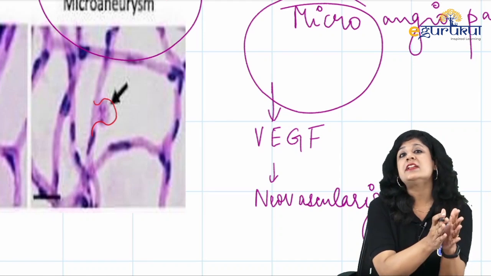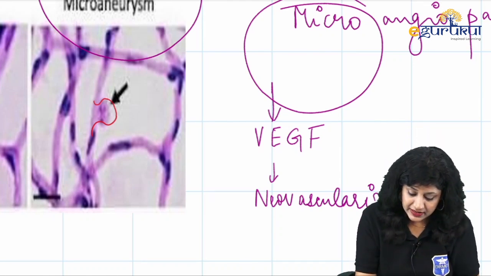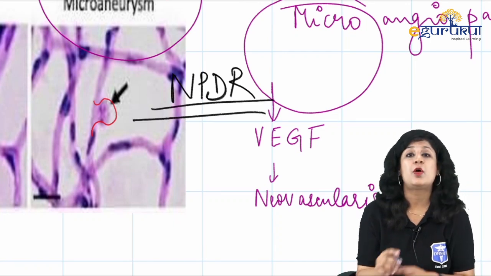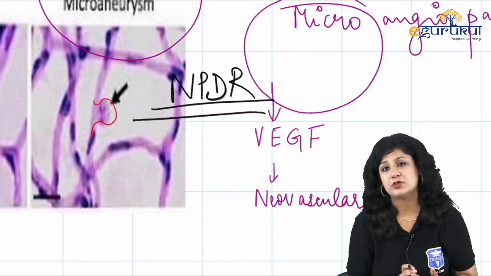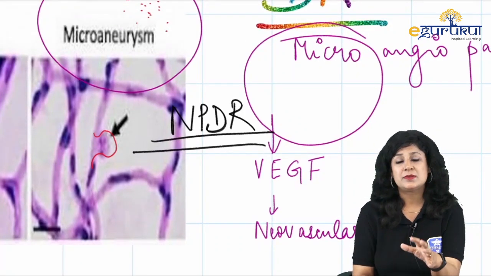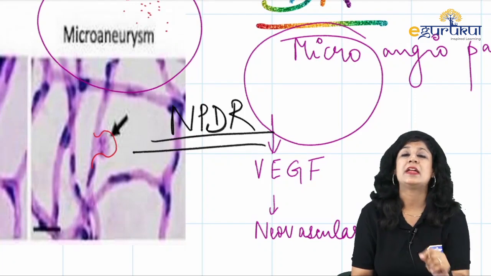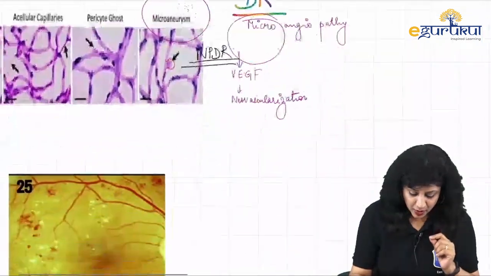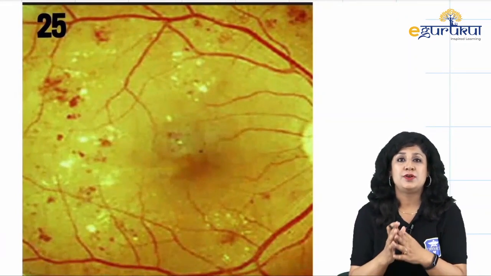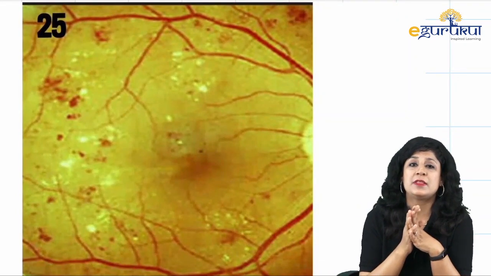Because it is the earliest finding, you are going to get it in the NPDR stage, because NPDR, or the non-proliferative stage, is the earliest stage of diabetic retinopathy. So if they are talking about microaneurysms, the first thing that comes to your mind is diabetic retinopathy. Alright, now if you see a typical fundus picture of diabetic retinopathy, what are the things that you are